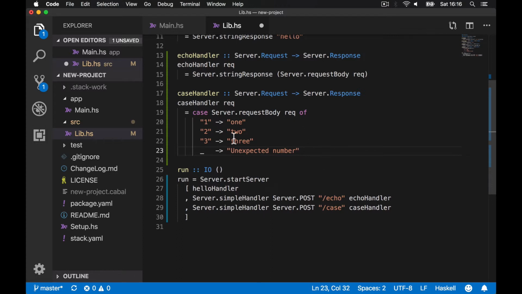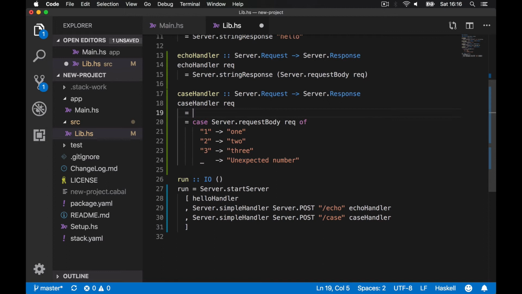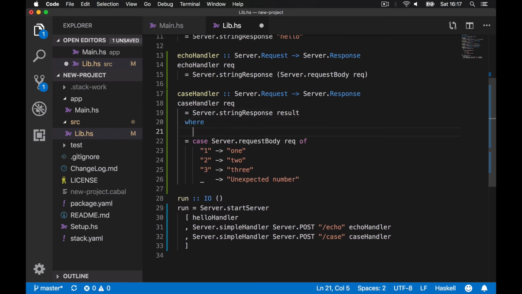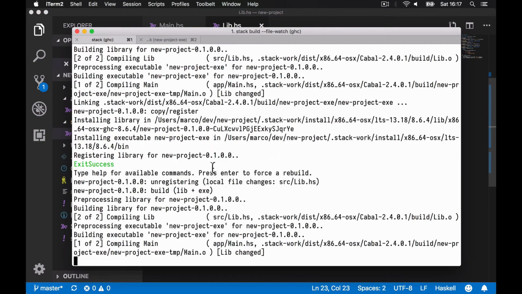Now, what we just wrote is not a function from request to a response. It's a function from request to a string, but that's not what we want. We want to hand over the result of this expression to, again, server string response. So we can use a where clause to do that. So if we do server string response of result, and we say that result is defined as this pattern match that we just wrote, this should hopefully compile,